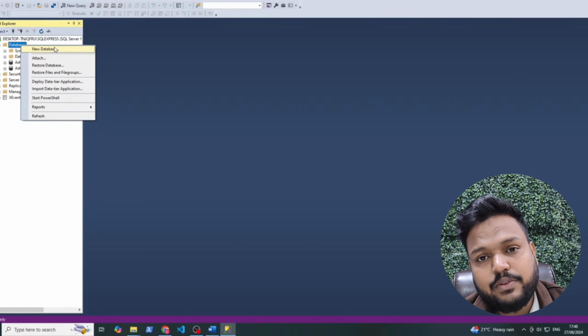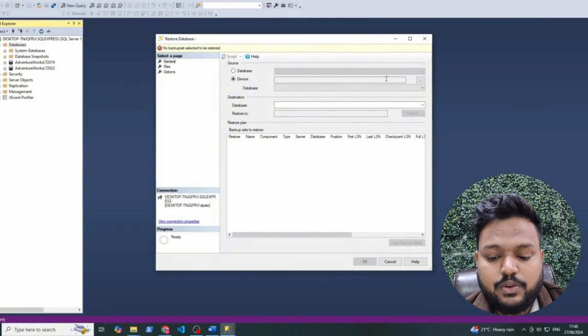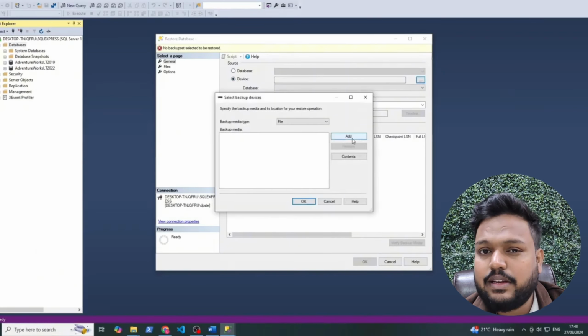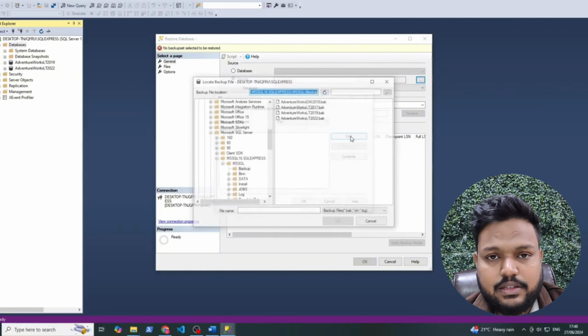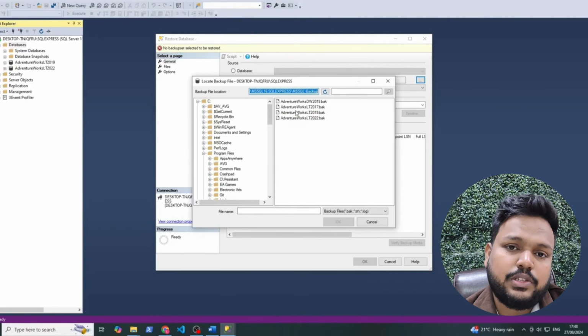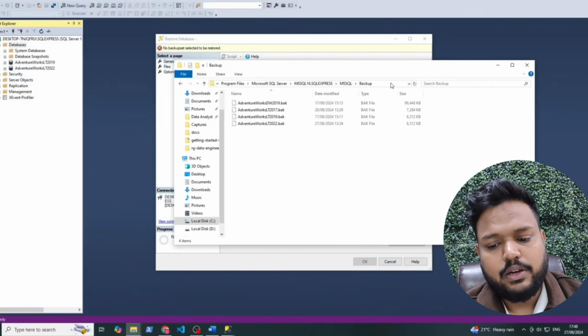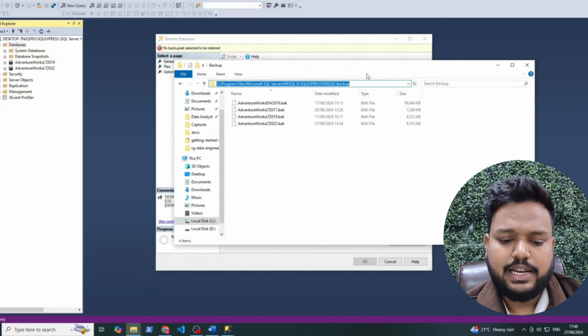Within SQL Server Management Studio, under Databases, you'll initially see nothing. Right-click, and you'll be tempted to create a new database, but you don't want to create a new one. Instead, we're going to restore the database from the file you just placed in the backup folder. Click Restore Database, and then we'll click on Source, Device, go to the three dots to browse, click Add, and